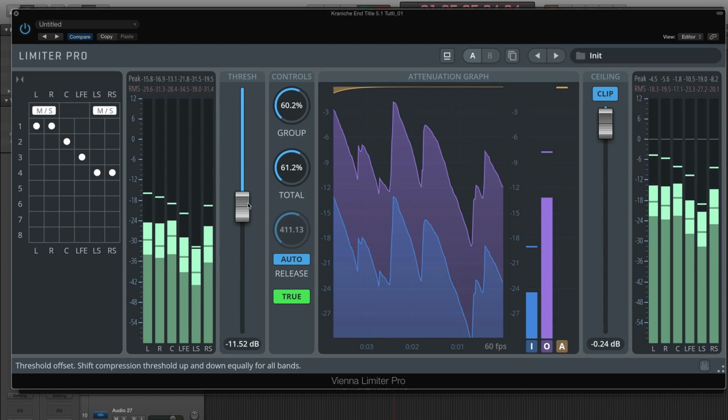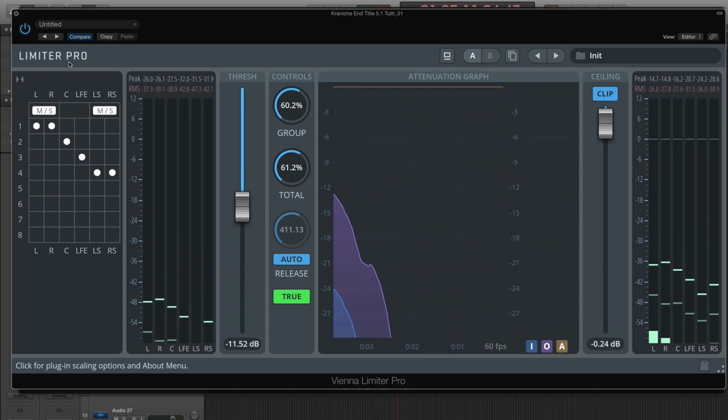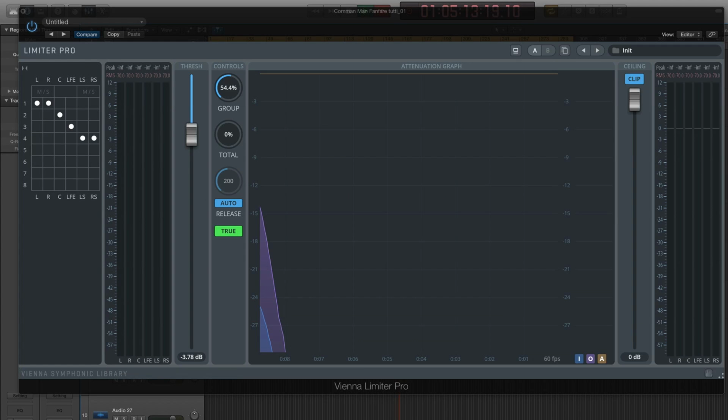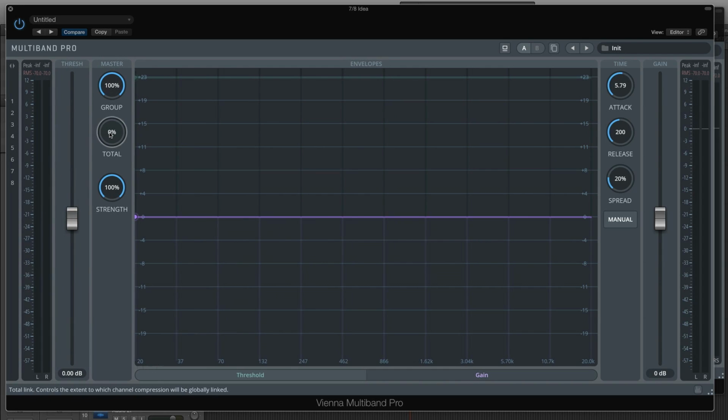With the Multiband Pro, the grouping feature is exactly the same as with the Limiter Pro. And as the group and total controllers behave identically, we will jump right to the unique controls this plugin has to offer, with just one group. The Multiband Pro internally operates as a dynamic equalizer, which allows for more flexible multiband compression than what you can achieve with a more traditional crossover filter network. Plus, you get zero latency multiband compression.